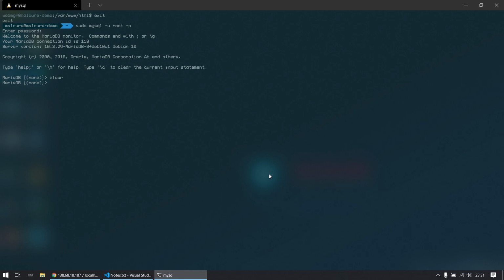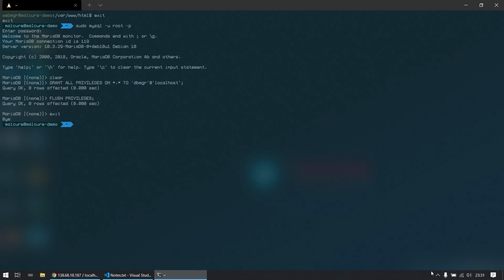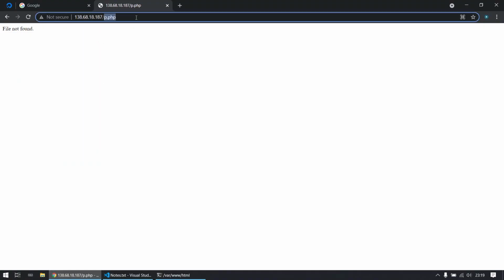So the command for that is grant all on, there's a wildcard, privileges to the user, and then you do a flush. Exit. And now you can go back to the droplet and type in